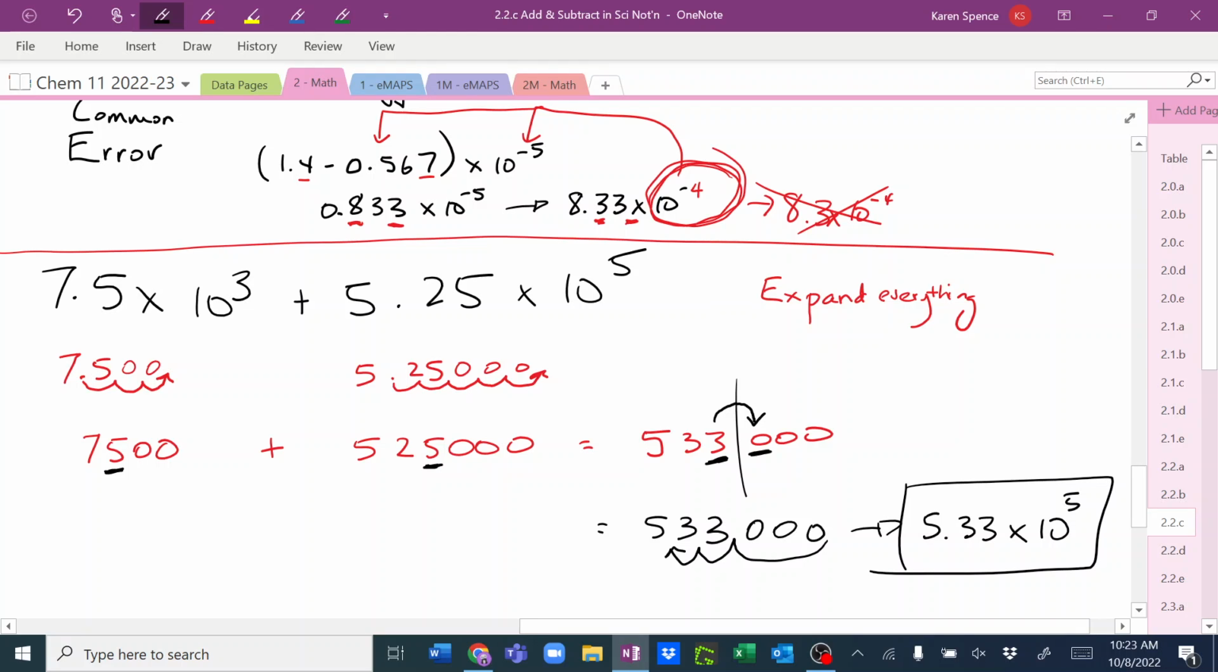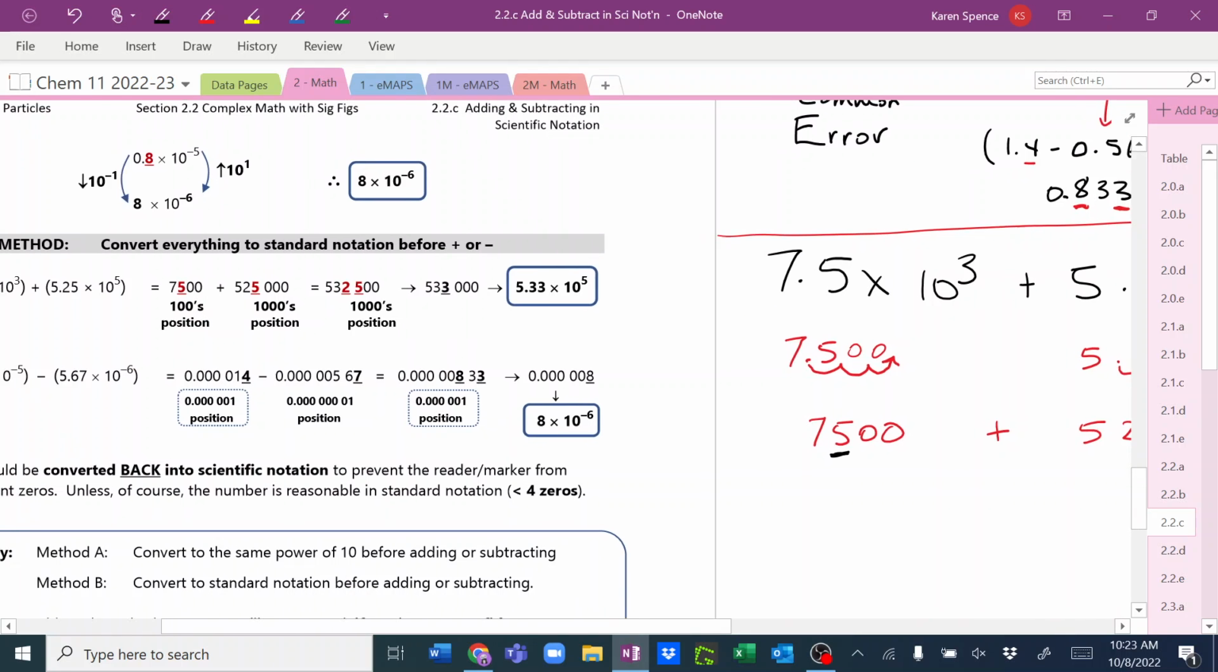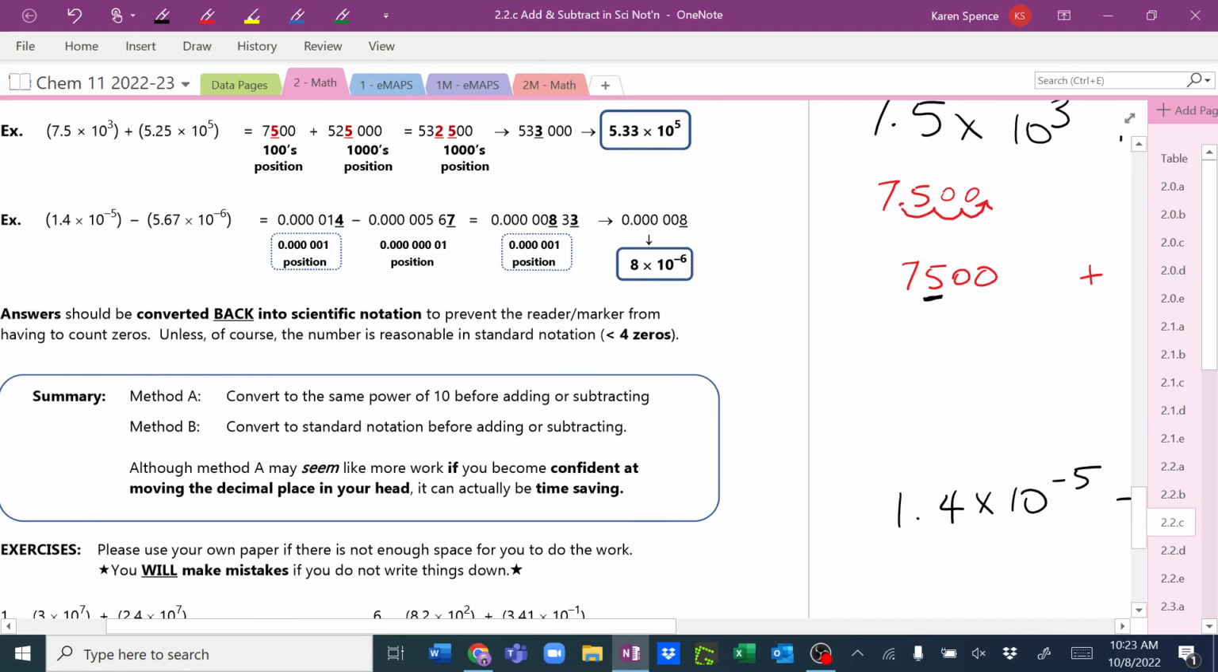There's another example on there if you want to look at it. I'm going to leave it there for now. You can do the practice questions. So method A, you can convert to the same power of 10. Method B, change it to standard notation. And remember, if you're changing to the same power of 10, round to sig figs first, and then